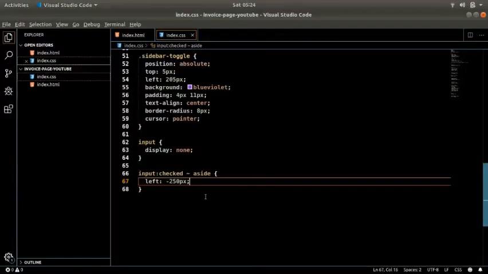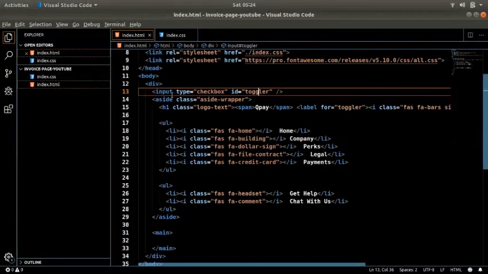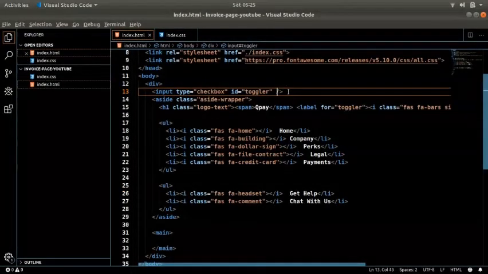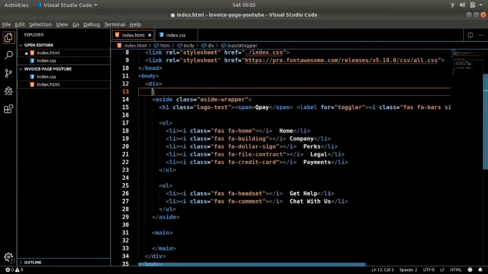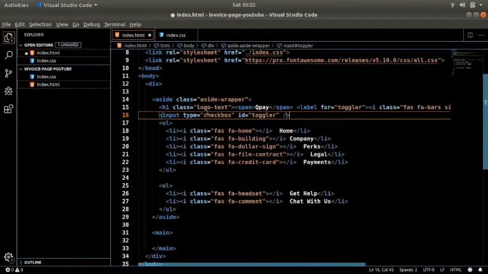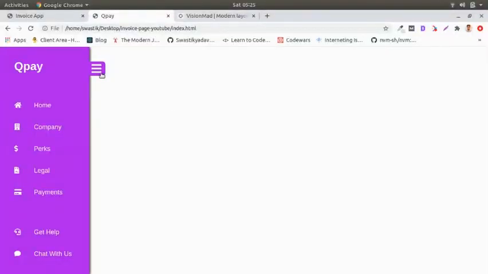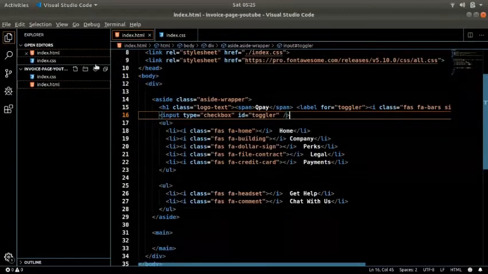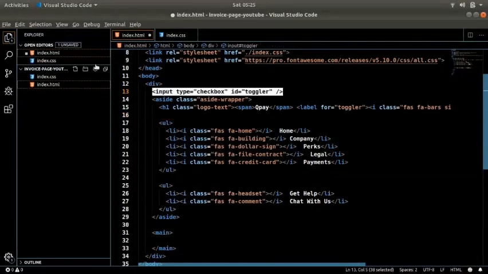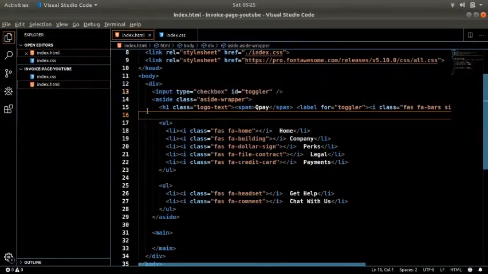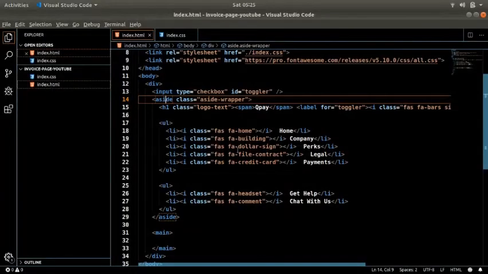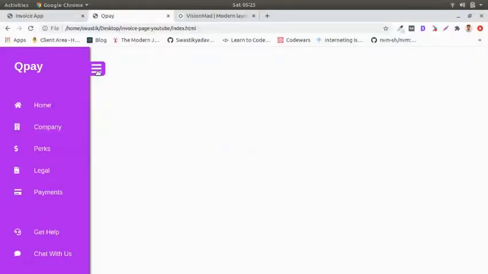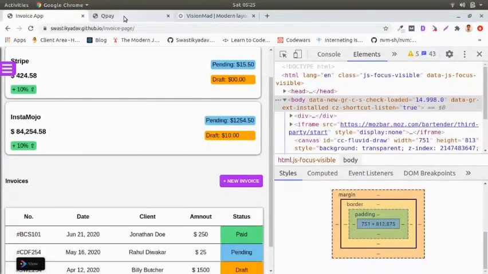Okay, yeah, that's right. And remember that your input should always be above your label, because if you put this input below your label or inside the aside tag which actually needs to move, it won't work. You see, I'm actually clicking it, but it's not working. So you have to keep the input above your label and outside of the element which you want to move, which in our case is outside of this aside. So with that in place, we have our sidebar completely functional, working, and completely designed right over here.